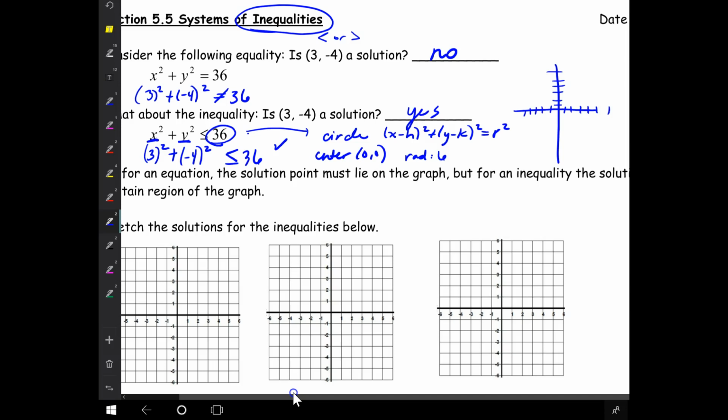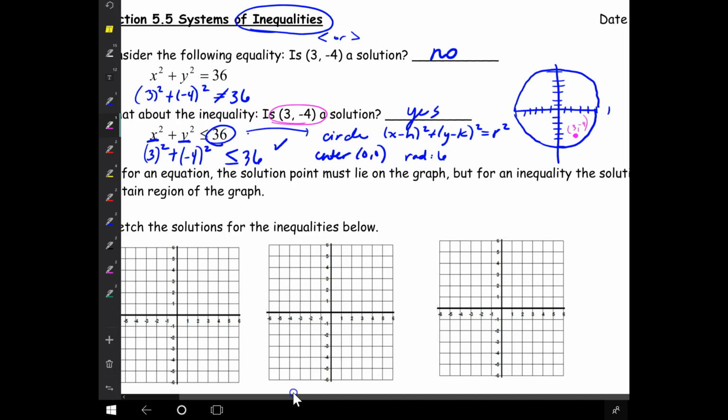So if I potentially graphed this, 1, 2, 3, 4, 5, 6 in each direction, I would have 0, 0 as my center, and then I would have that circular graph all the way around. But now I have to take into consideration, well, let's just look at this point even, 3, negative 4. If I look at 3, negative 4, 1, 2, 3, down negative 4, I can see, yes, this point indeed is less than